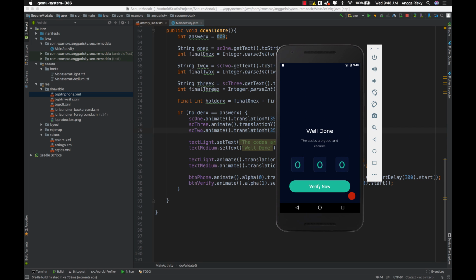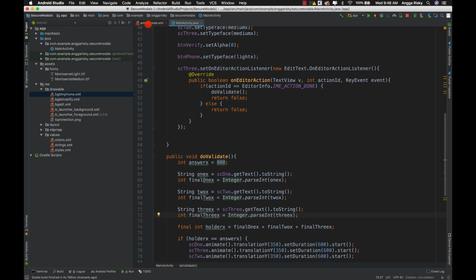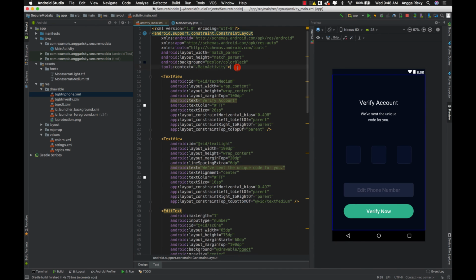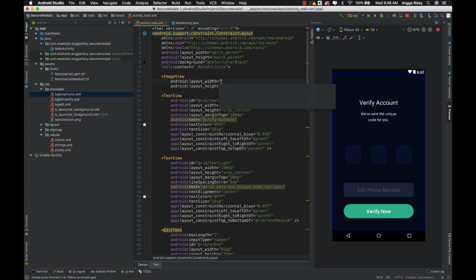Wow, nice guys, right? So we just need to put the image view over here. Okay, but first we have to prepare this image view right here. The size is about 190 dp, 190 dp.